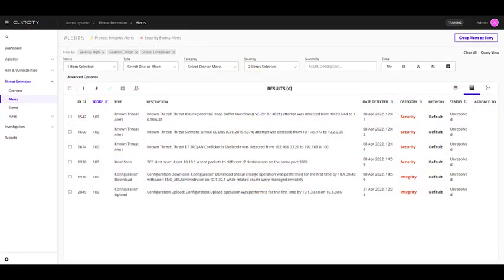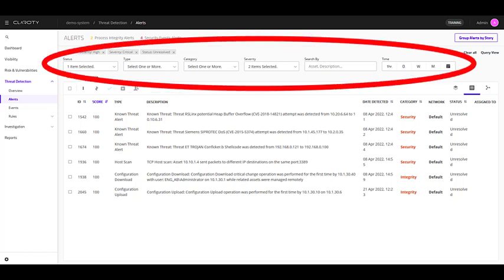The Alerts page within CTD is part of the Threat Detection section. The first thing we see is the numbers of process integrity alerts and security events alerts that have been logged by the system. The Events page has filters that allow you to search alerts by type, status, category, and free